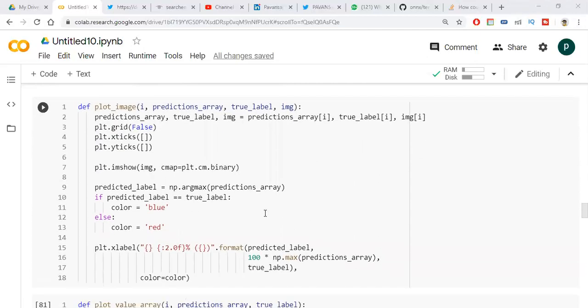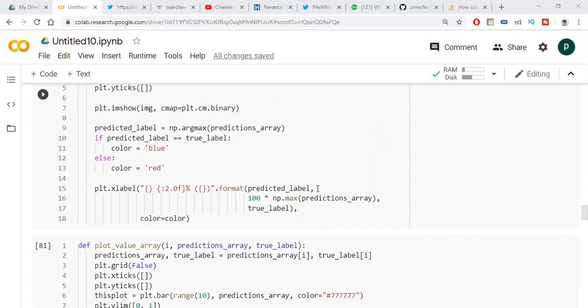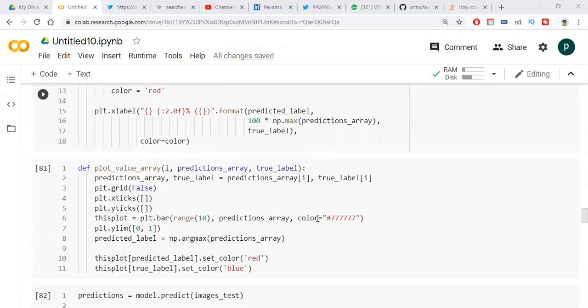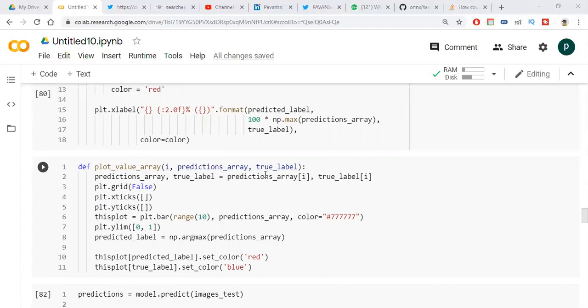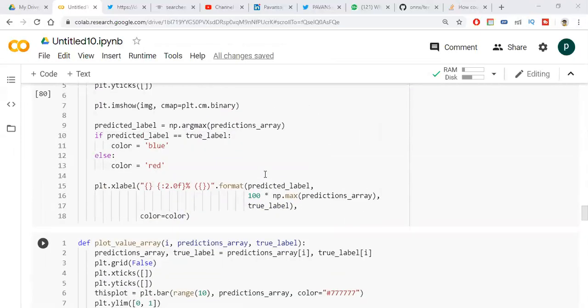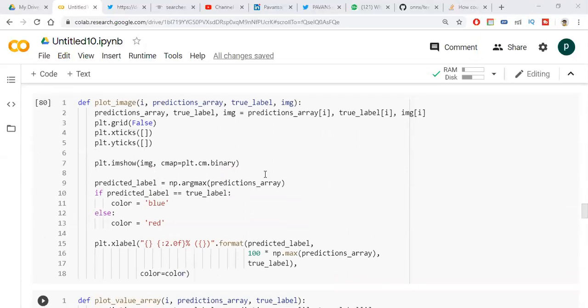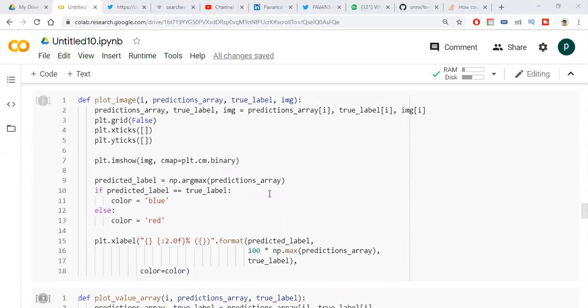I am giving these values to this function and visualizing those images. If you want to have only the array, I am writing another function, in which I give predictions array and true label. If the label is correct, it gives a blue color, and if it is wrong, it gives red.